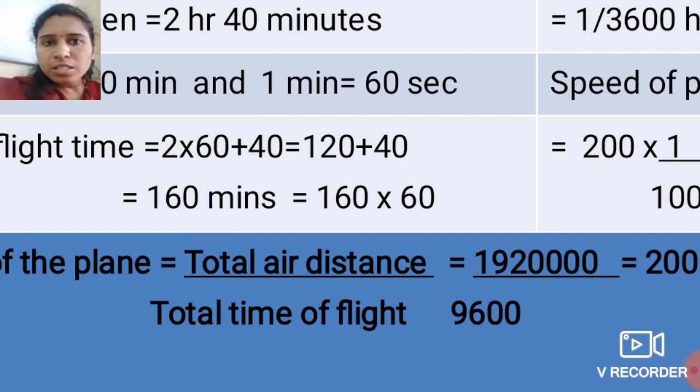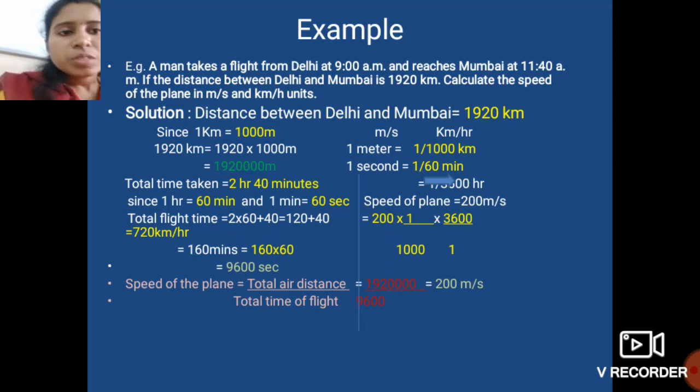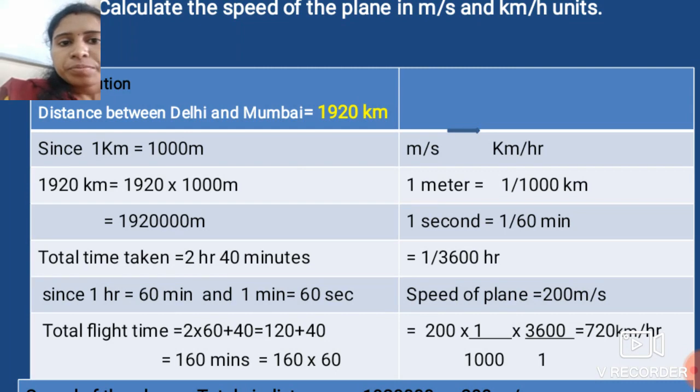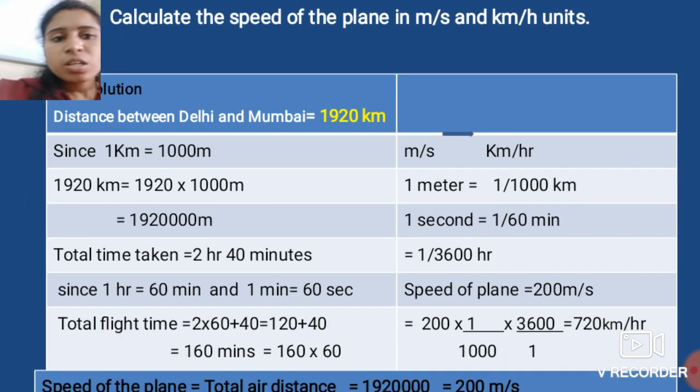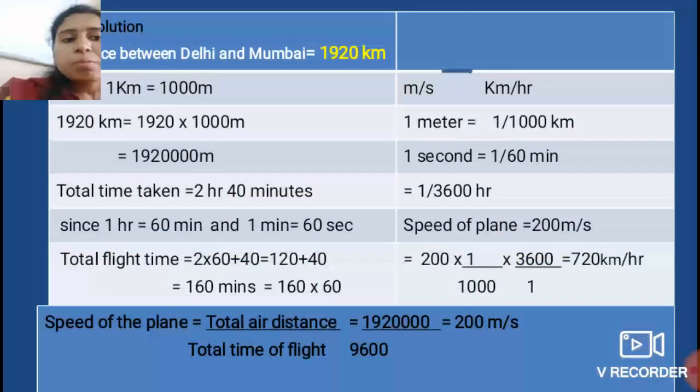Okay, so from this what do we know? We know that speed is equal to distance upon time. It is the formula. So we can put these values in that formula. First, what have we calculated here? Here we calculated the distance in meter, that is 19,20,000. So we put this into this formula, 19,20,000. And what is the time, which is in second? That is 9,600. So by dividing this we get our answer in meter per second,